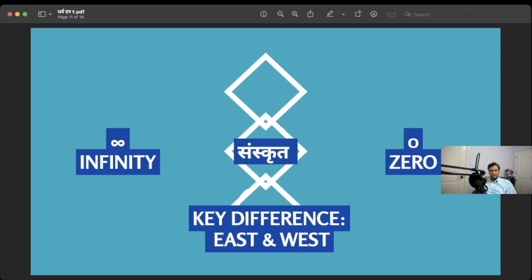This is what I was talking about. The concept of Sanskrit, the language, contains everything, and that's the distinction in how the East and West think. In the East, our philosophy starts with infinity. We know everything, just that we have to reach there, right? Whereas the West starts with zero. We know nothing. Then you start questioning, and that's the key difference why we do certain things in modern science which are not right, like our toothpaste.